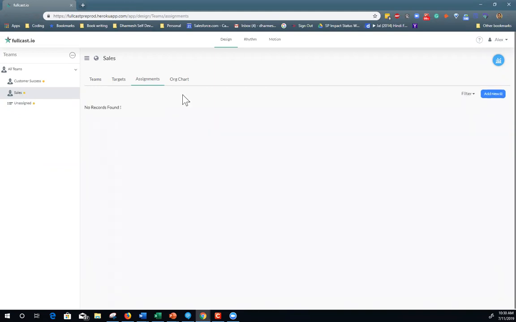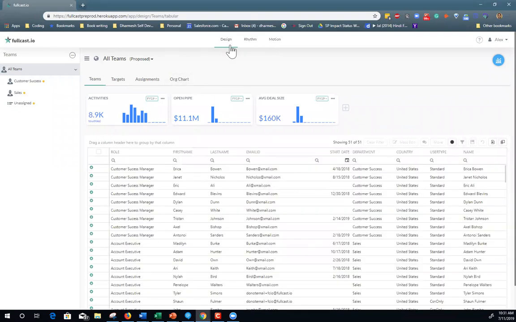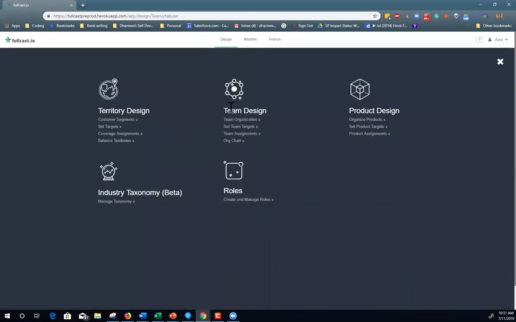The other big piece over here is, as for internal resources, a lot of times you want to see the org chart, so we can actually see an org chart out here and take a look at that as well. Right now, we don't have people populated, so you don't see managers. But if you had people populated here, you would actually see all the folks in the role that belong to the team. So just like we saw territory and team and all the things you could do, if you had multiple products, you could also see product as well.